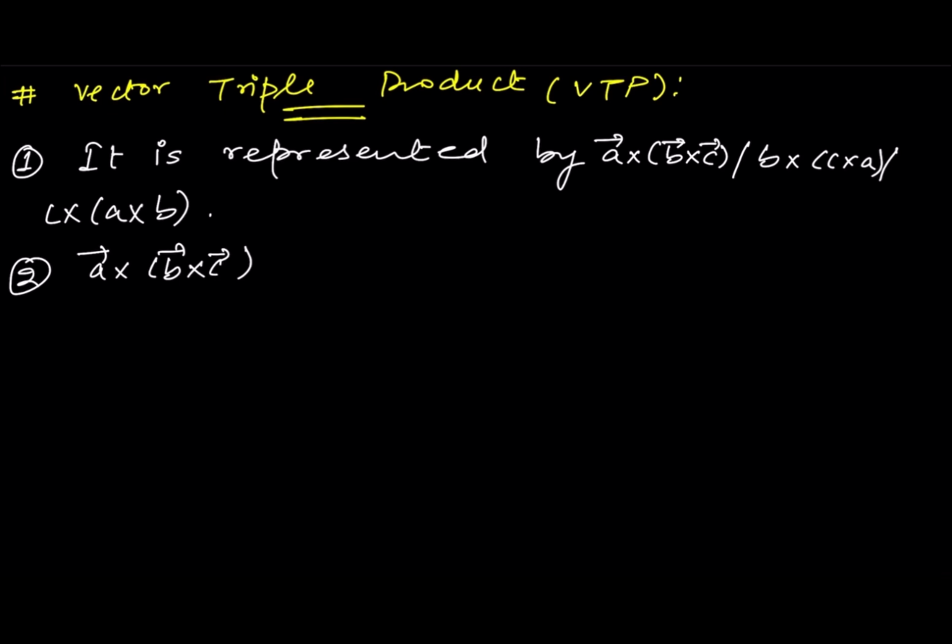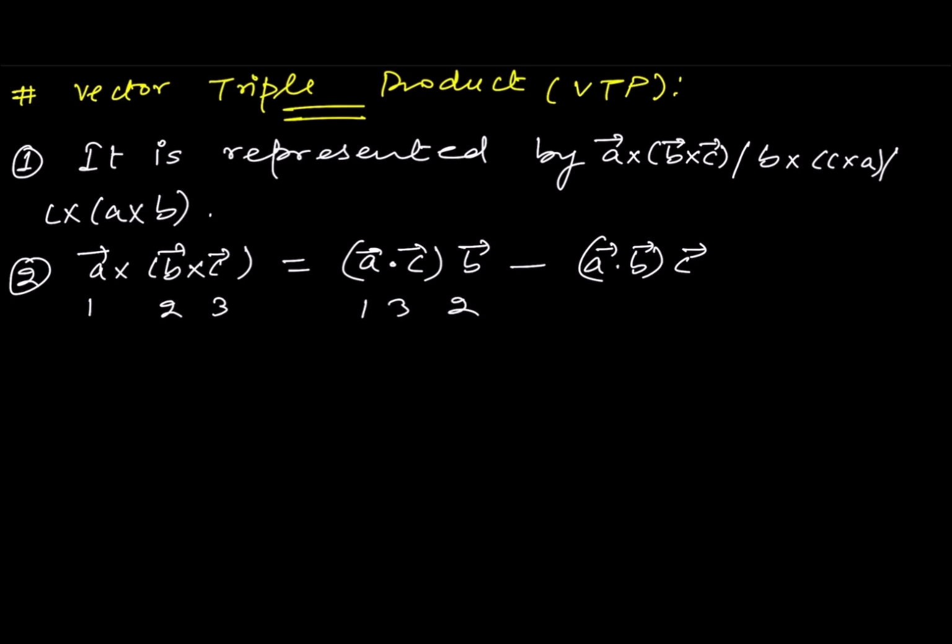So here three vectors are there, say this is 1, this is 2 and this is 3. So we will expand in this manner. A dot C times B minus A dot B times C. Okay, so first I will write 1, 3, 2 and then I will write 1, 2, 3. Okay,